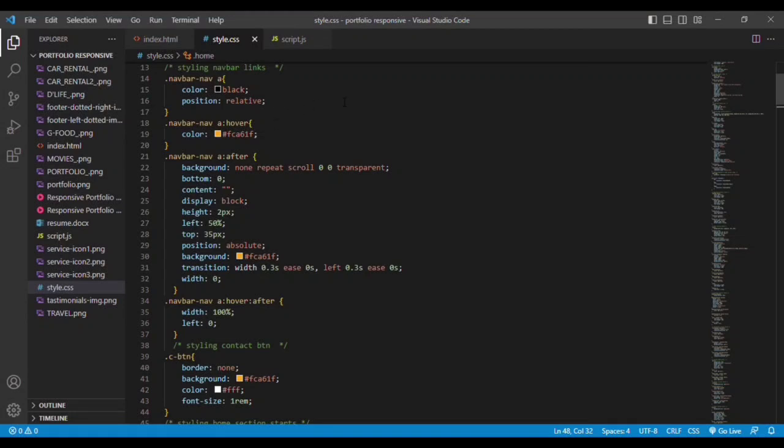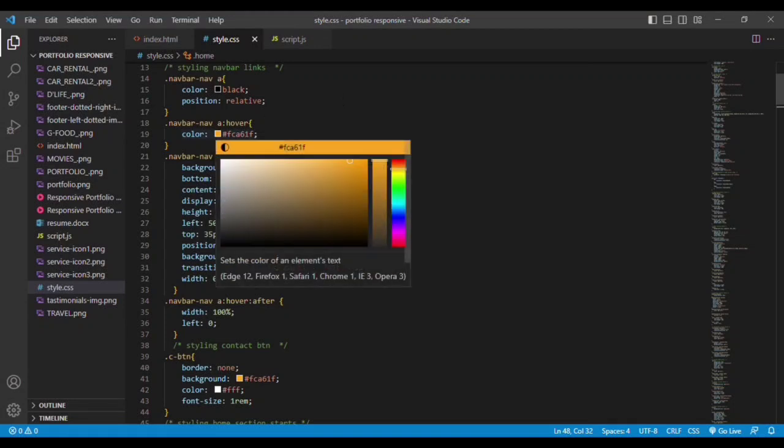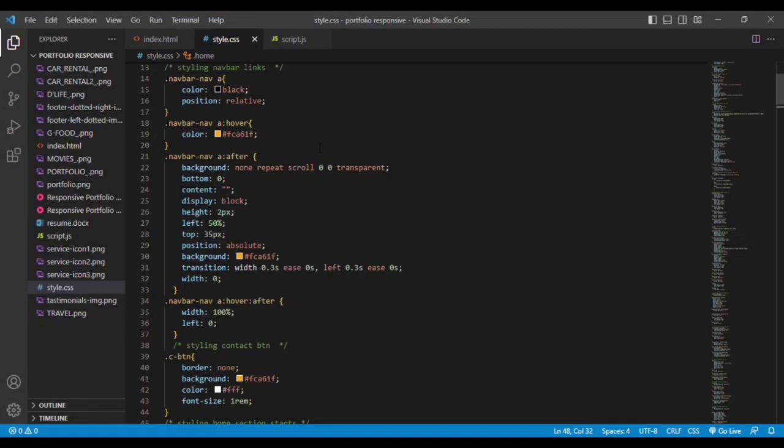Definitely try to know them, because if you master these things you will be playing with CSS and nothing will be hard for you to do. For example, if you create a small menu card and at the bottom of the menu card you want to add an add to cart button,